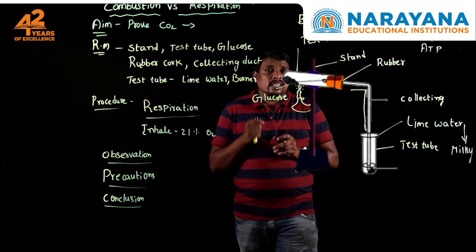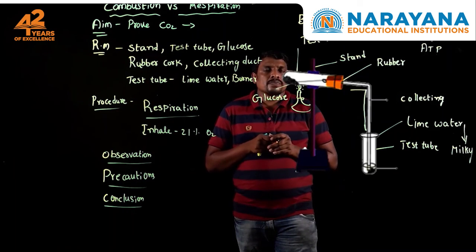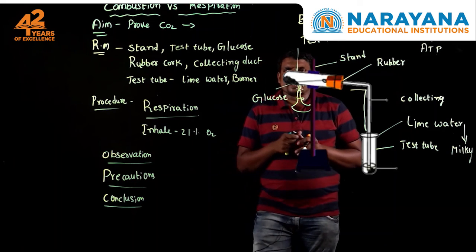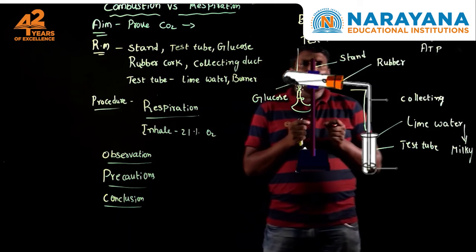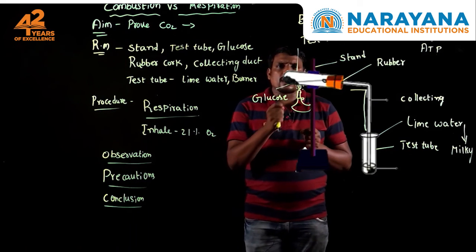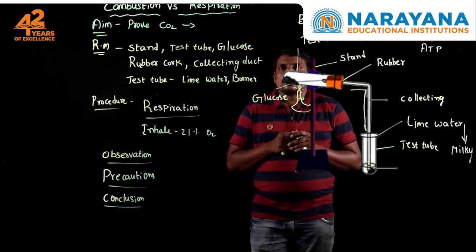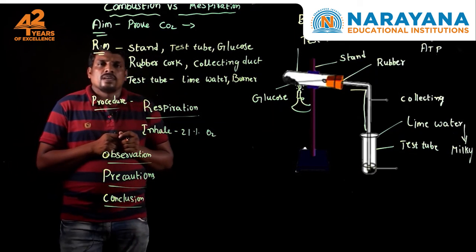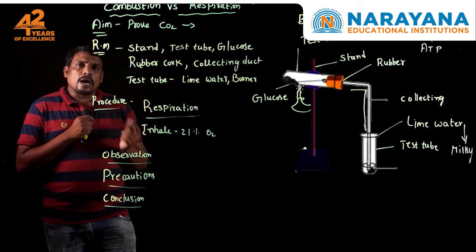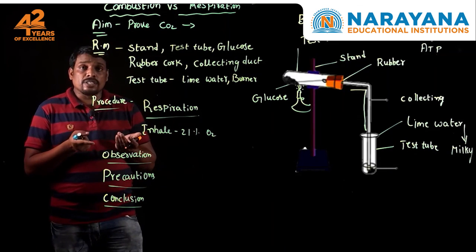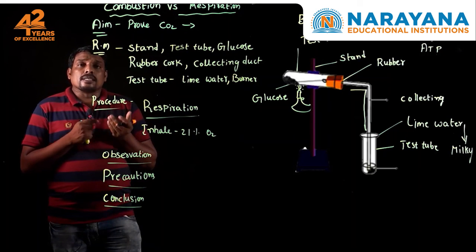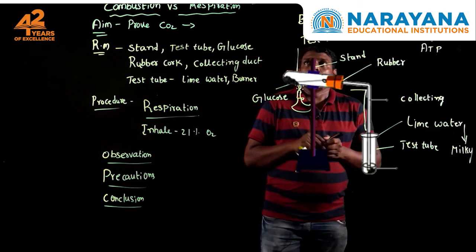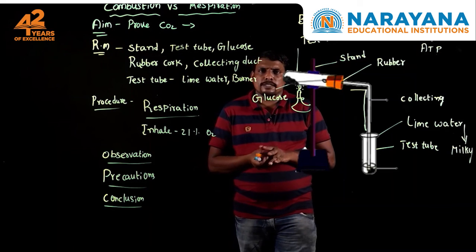Do you think energy won't be produced during combustion? Definitely, a little amount of energy will be produced. Suppose we take a fuel, petrol or diesel. Why do we use petrol in our motorcycles, our car or an aeroplane? Because it is a fuel. When fuel burns inside the engine, the fuel is combusted and gives the energy required for turning the motor vehicle. Clear, my students? This is about the slight difference between combustion and respiration.